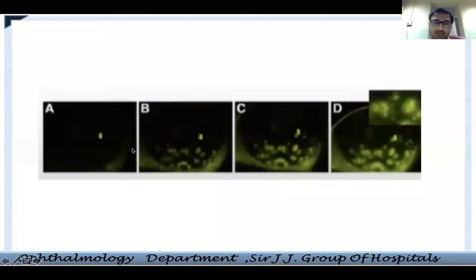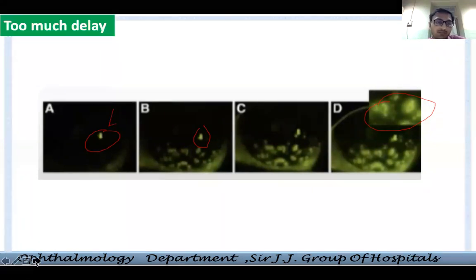Now this is again the same thing, that you tried to see a surface. Again your optometrist stained for you. Basically you wanted to see a dendrite, but after a while the whole dye diffused and you got a confluent picture like this. You missed the actual thing that you were supposed to see and got something else. This is nothing but too much delay in examining the patient. There is a heavy OPD and somebody else is examining the patient, and it comes to you after 10 minutes when somebody has already stained, and then you want to see the picture. You are basically missing the finding.